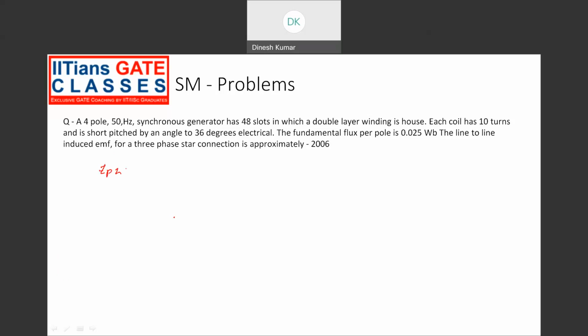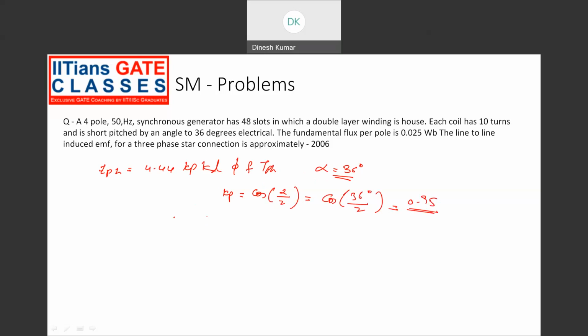The induced EMF per phase is given by 4.44 kp kd f Φ times turns per phase, right? So they have already given alpha equal to 36 degrees. Now the pitch factor kp equals cos alpha by 2, because we are considering the fundamental induced EMF. So that is cos 36 degrees by 2, which is 0.95. So we have the distribution factor kd, that is sine m gamma by 2 divided by m sine